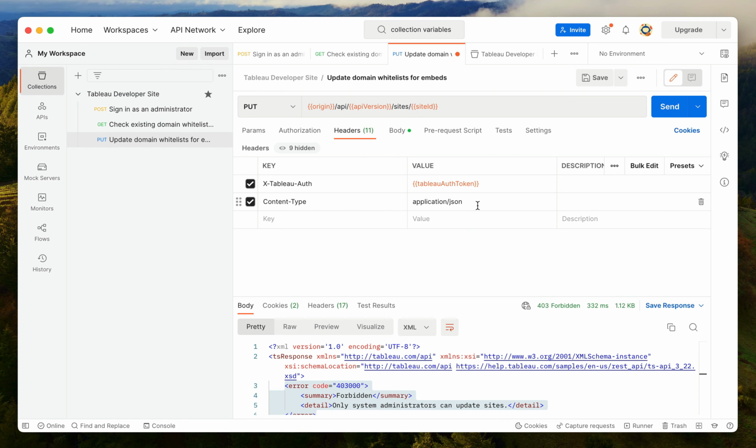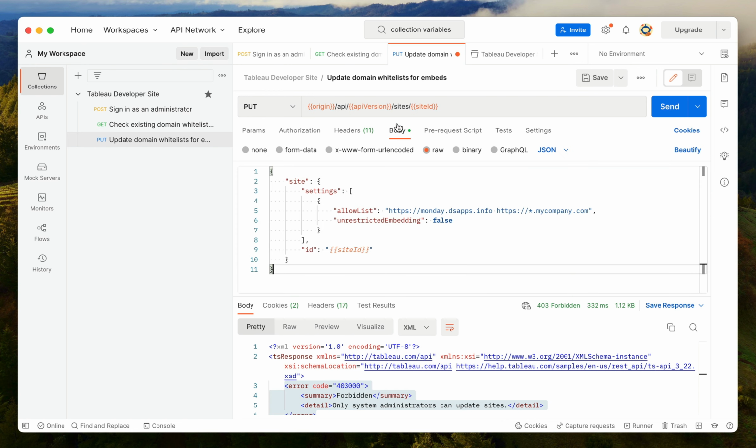We have a content type of application JSON, and the body we've got the site, we're getting the site ID from the variable as well. We're setting our allow list to https monday.dsapps.info and something else, and we're changing unrestricted embedding to false, so that means that it's only in the